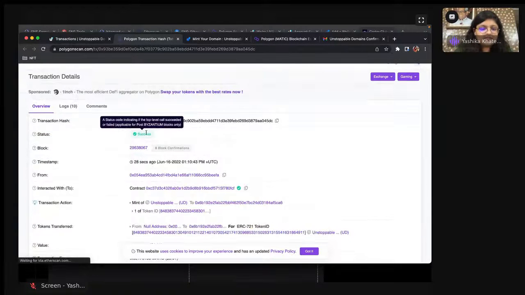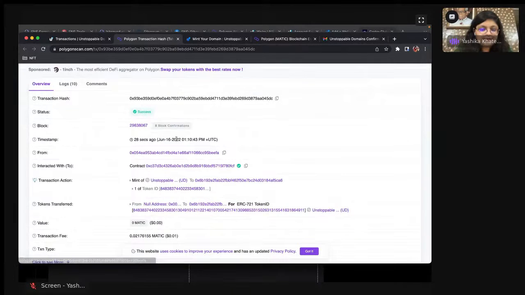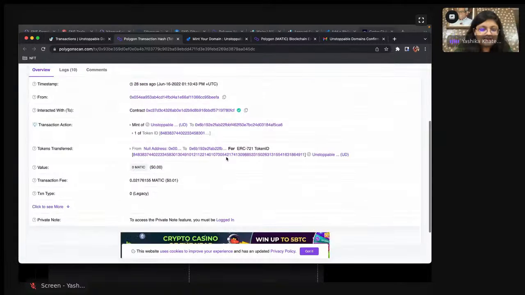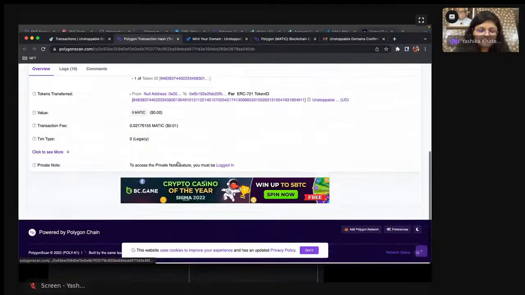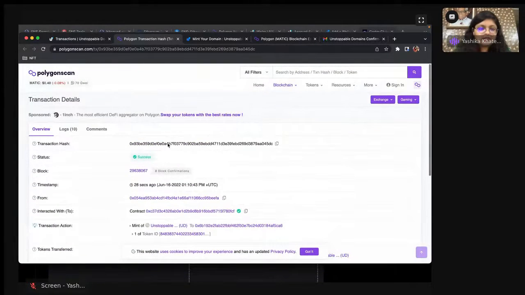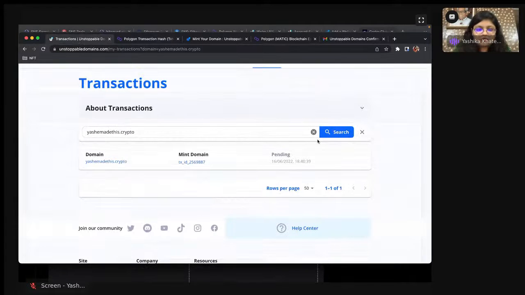I go here, oh, it's a success, which means it's happened immediately. And you see what is the value? It's 0 Matic, which means nothing happened. Transaction fee was $0.01. That was covered by the Unstoppable domain. So I literally had to pay nothing. And here, if I go and check,